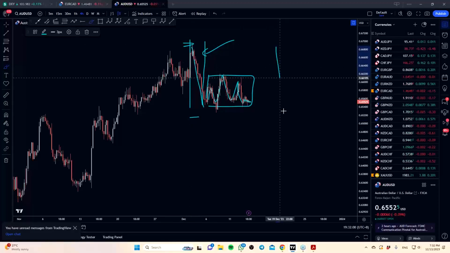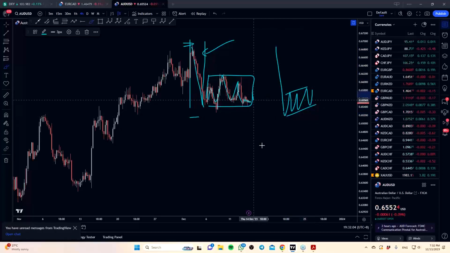So what's the pattern we are seeing? Impulse correction. What is the direction that we're going to be focusing on? Downside. So when I look at a chart like that, I can almost immediately say I'm not interested in the buy. I'm only interested in getting involved in a sell trade. That's what I mean by directional bias.